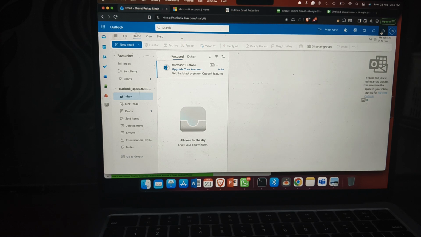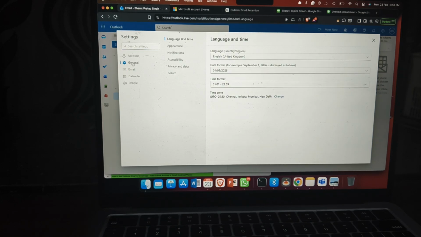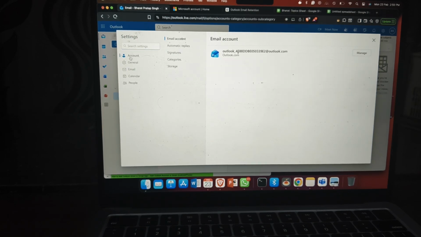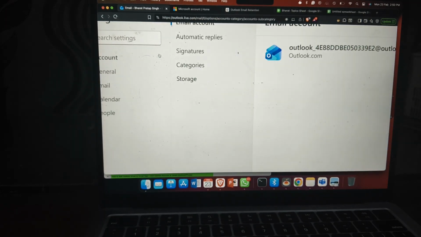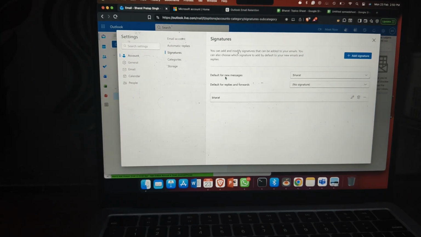For this, first of all you click on the option of settings. In the settings section, go to the option of your account. In the account section, here you see the option of signature, so you just click it. After that, here you see default for the message. I have already set one signature, so first I